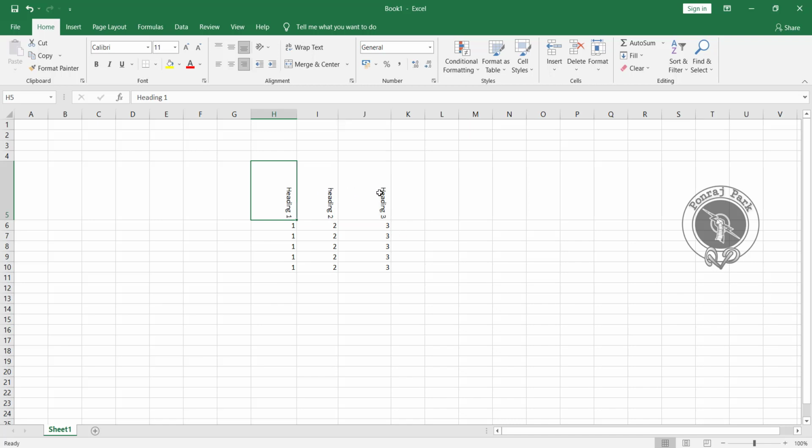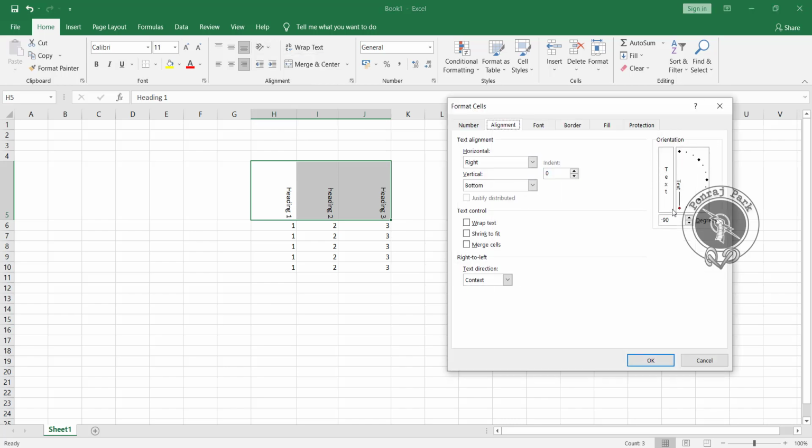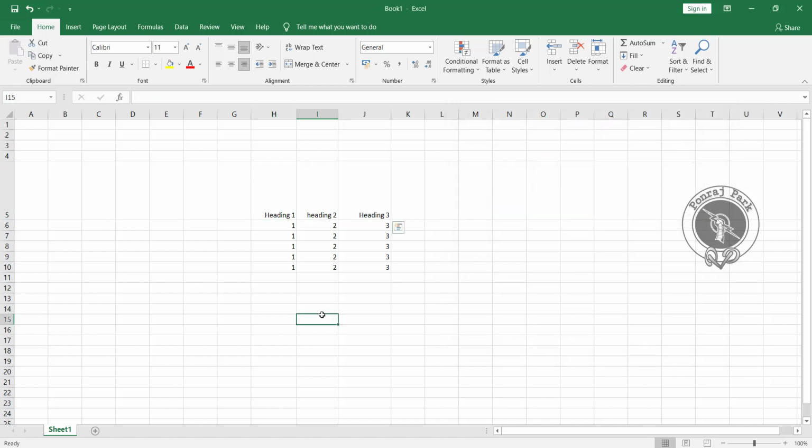Okay, so suppose this is what kind of text I want. I want it horizontally. So what I can do is come here and go for format cell, and here you can see one little dash. You can just hold it and keep it like this. You can change the degree. You can also change the degree from here, as you can see, and also move this little arrow to change the degree. Now I'll click on OK, and you can see now it has been aligned.